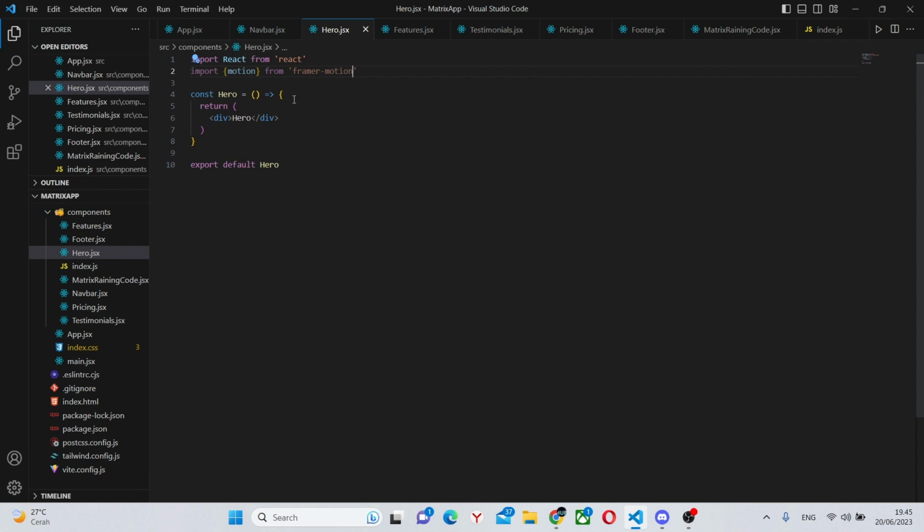In here, we can go into our div, remove this, and create a new one. It's going to have a class name of bg-transparent, and it's going to have an ID of home. Also, we're going to have another div inside of it with another class name of container.